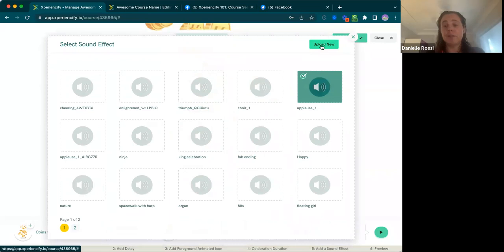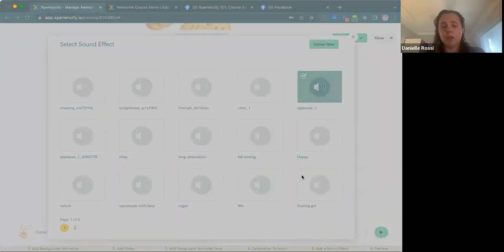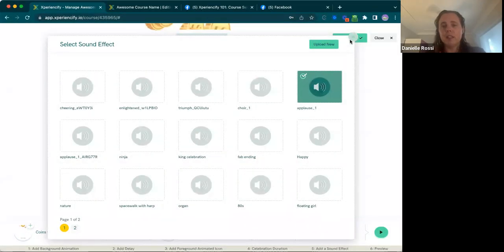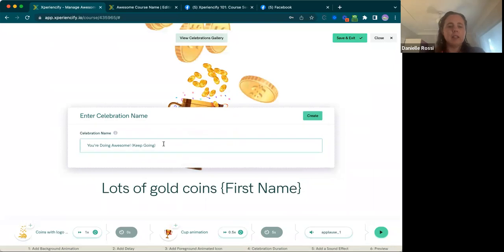There are several websites where you can download free Creative Commons Zero sound effects, or you can record your own and upload it there, and it will take you to your documents folder to upload your own sound effect. And if you want to preview it, you just click the play button. When you're happy with it, save, and you can keep that name or add a different name to it